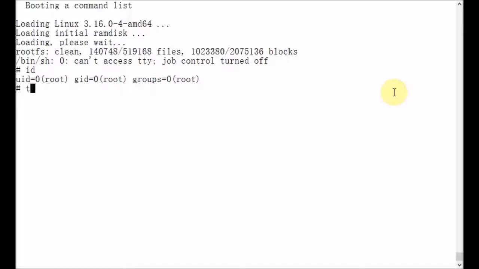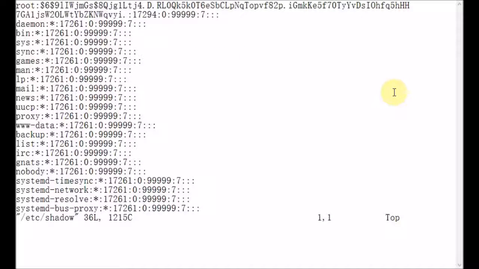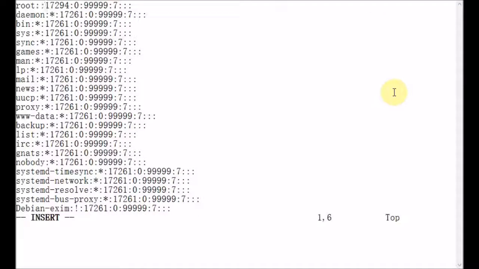I'm going to set my terminal to VT100, and now I'm going to open the shadow file for editing, and I'm going to delete this line here, the second field of root's entry in the etc shadow file. I'm going to save changes to the file,